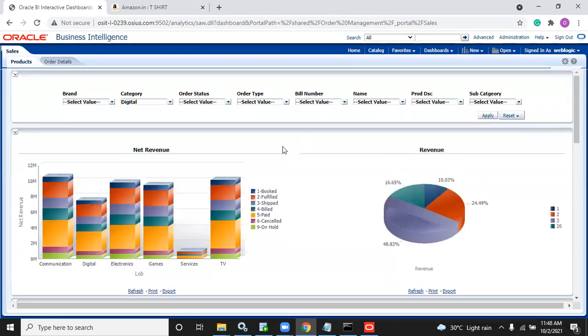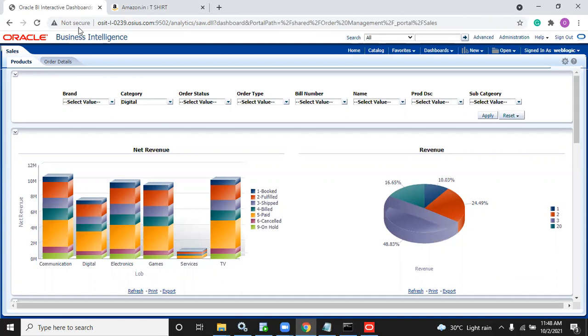The reason is report prompt it filters, but dashboard prompt it will not filter the data automatically. You have to enable the option inside each report. You have to go to each and every report and enable the option. So if you have each analysis, yes, each analysis you have to go. That's the reason first we will create dashboard prompt, then we will create the reports. After we will think that okay, we will create all the reports, right? That is the disadvantage. Now each report you have to edit and you have to add the option.